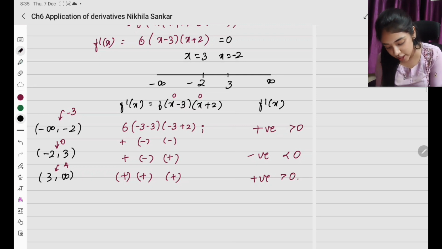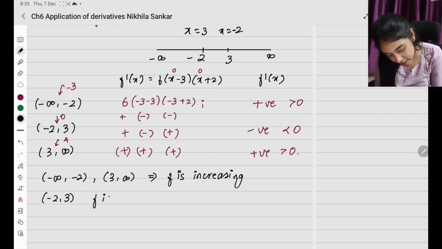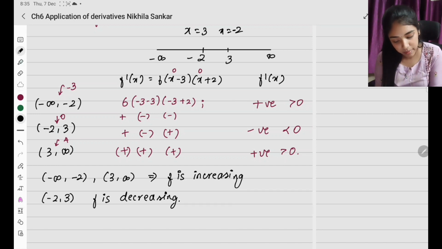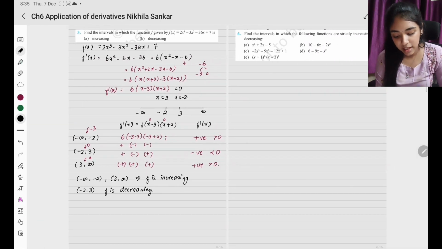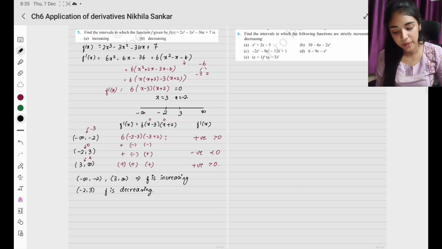So where is the function increasing? Minus infinity to minus 2, comma 3 to infinity. I see that f is increasing because f dash of x is greater than 0. Similarly for minus 2, comma 3, I see that f is decreasing. Okay? Please copy. If you get the correct intervals and values, you can solve it. Okay? Now